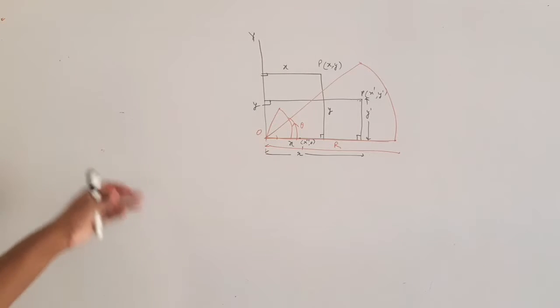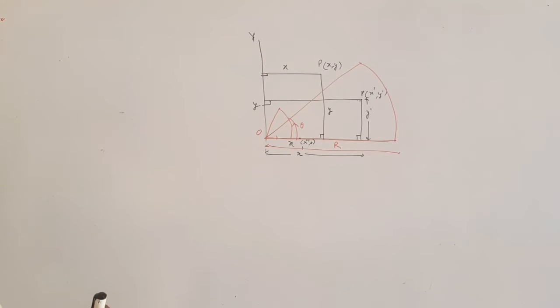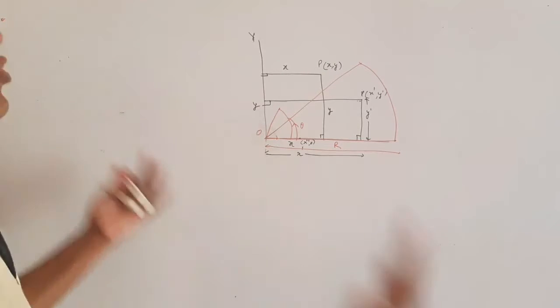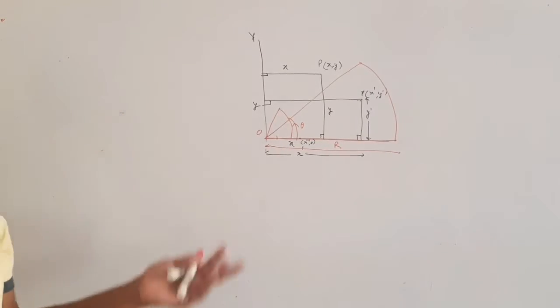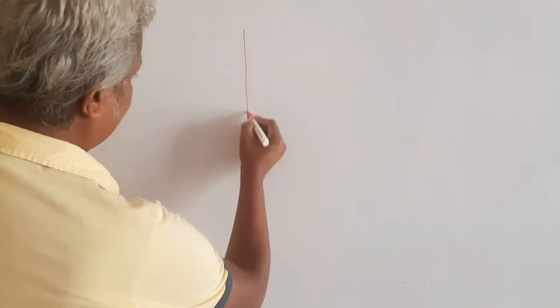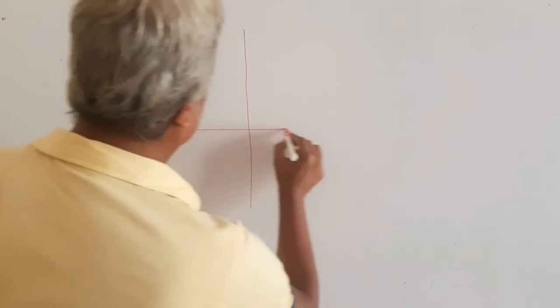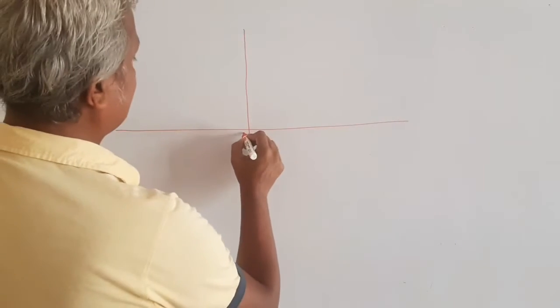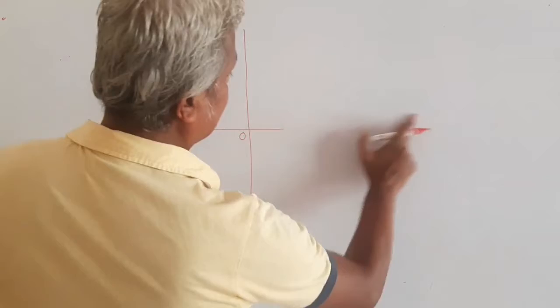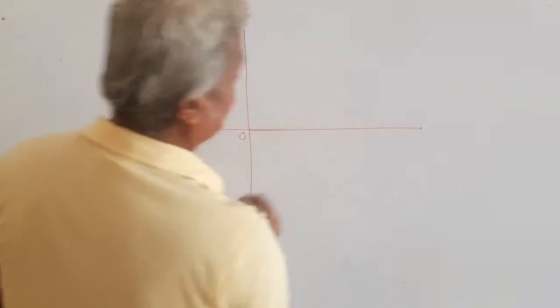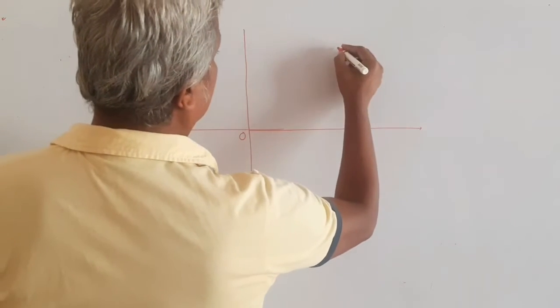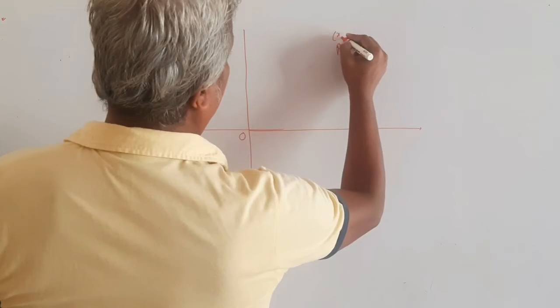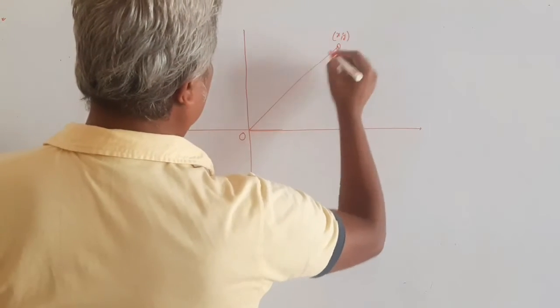So in this condition, let me clear this and draw one diagram where I'll have a point expressed both in the rectangular Cartesian system as well as in the polar coordinate system, and then we'll establish the relation between them. So now I have my rectangular Cartesian system, and this is my pole. It should be straight, anyway, you can take it as a straight line. Here I have a point P with coordinates xy. Now join like this.